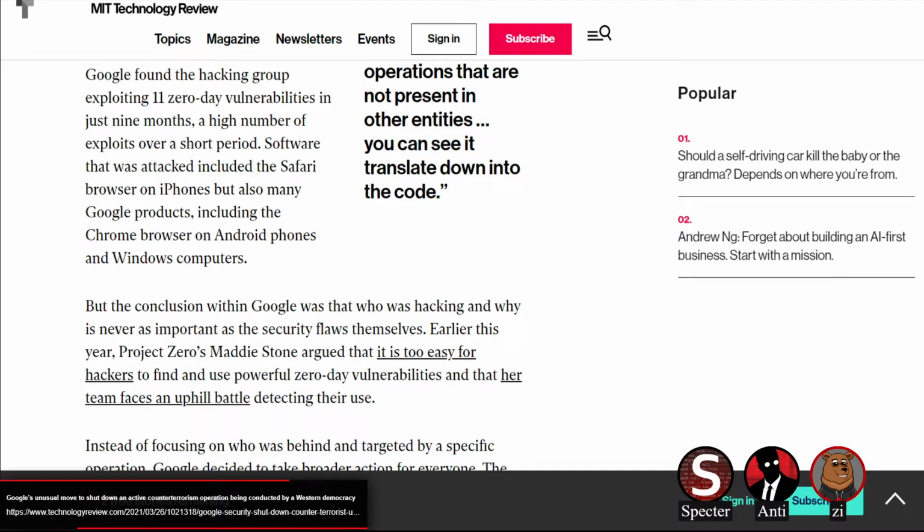And I don't think it necessarily matters exactly how much it is, but it is enough that it was noteworthy that several vulnerabilities were dropping from the same, without attributing it, some APT, several vulnerabilities across the Safari browser on iPhone, various Google projects. There were some Windows CVEs out of it. So, I mean, across all the big platforms. What are you supposed to do though when those are literally targeting pretty much everything?